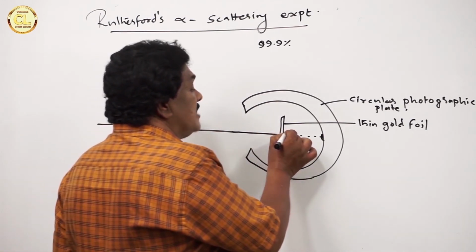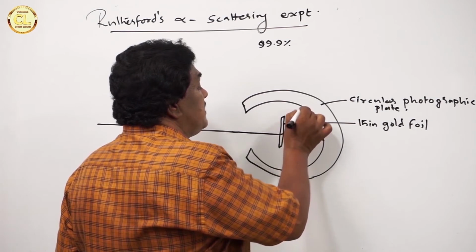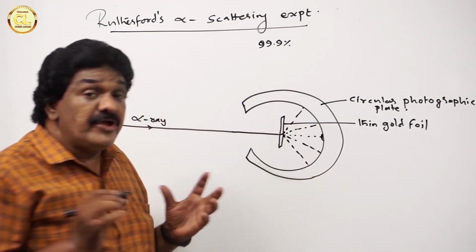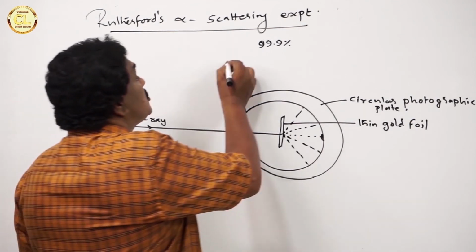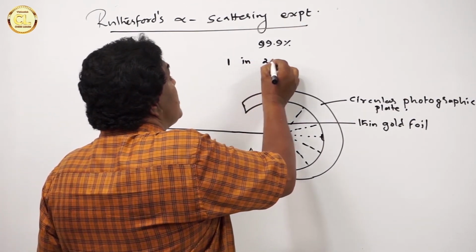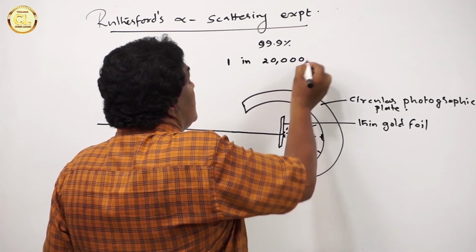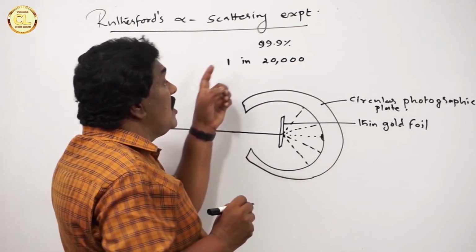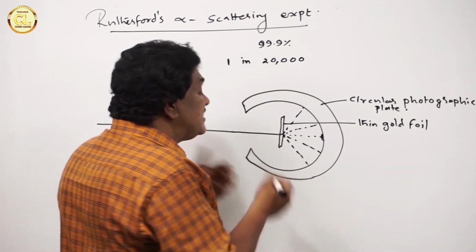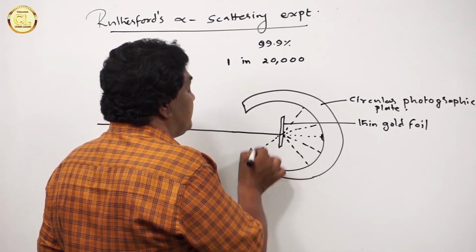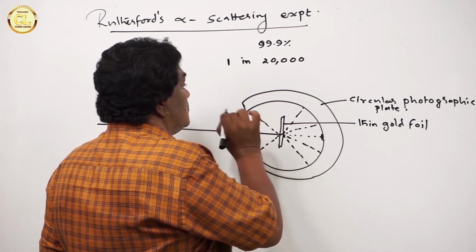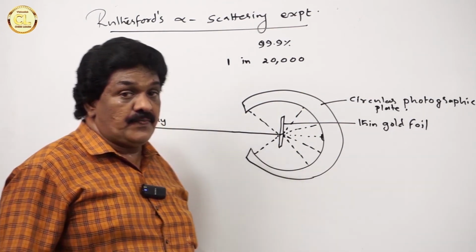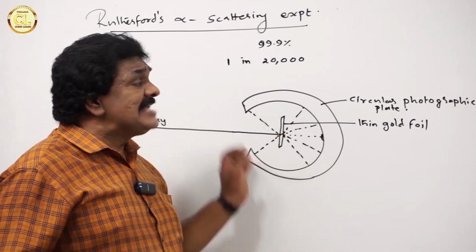Some rays are passing through the foil with some deviation, and only a very small number of rays, about 1 in 20,000, get reflected back. Some of them even take 180-degree deviation. So from this experiment,